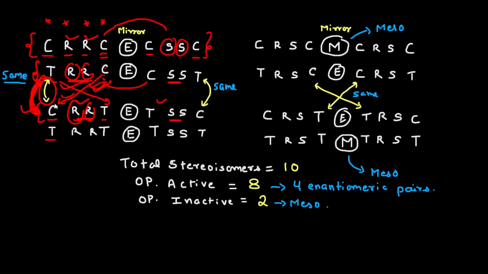So don't take these two as separate stereoisomers, because these two are the same. And the same will happen with these two also, because once you rotate this one or the other one by 180 degrees, you will see that both are going to superimpose on each other. If you rotate, C will come here, T will come here, C will go there, T will come here, and they are going to replicate on this figure, and the SS are going to replicate on these two S.